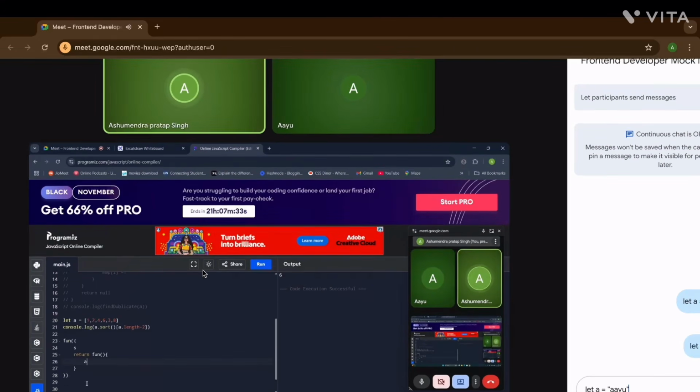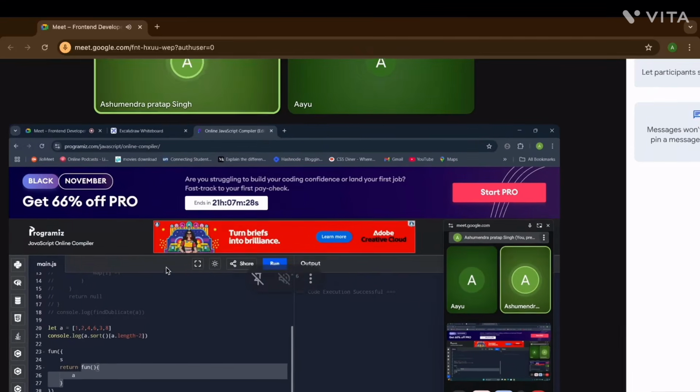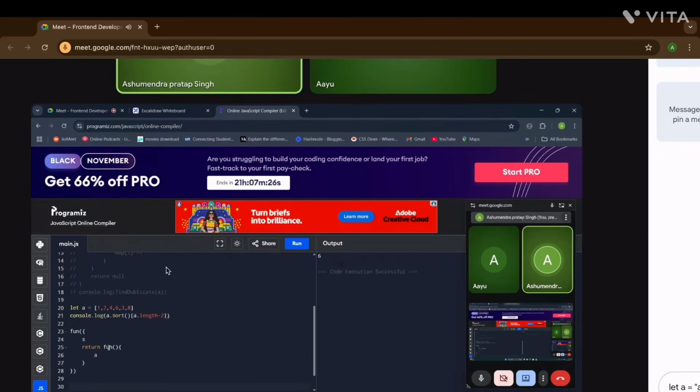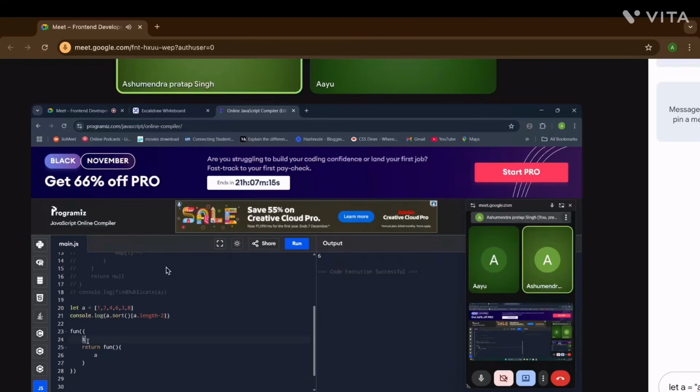When this function is returned, we capture it, and it holds a reference, so outside of this function we still have access to this variable.